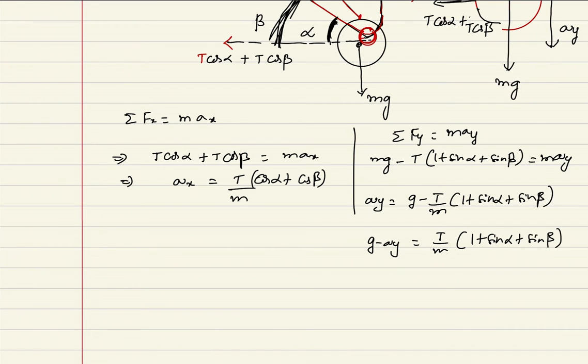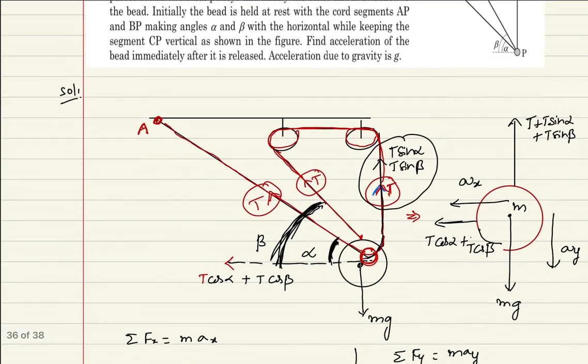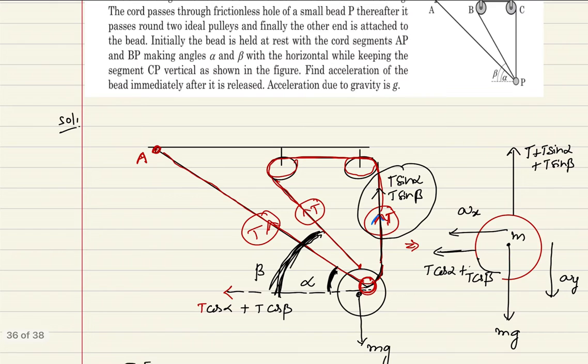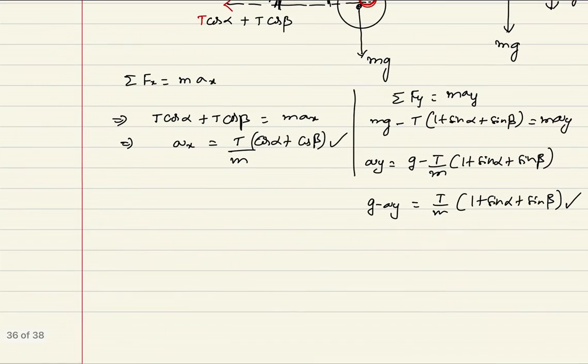This is the vertical acceleration, g minus ay, and the horizontal value ax I have also written. Why did I write g minus ay? To cancel this T by m value. The reason is that the question does not ask what the tension in the string is. They are asking to find the acceleration of the bead immediately after it is released. But if we see equation 1 and equation 2, we can see that the unknown terms are